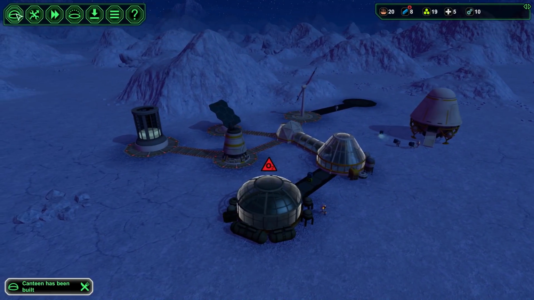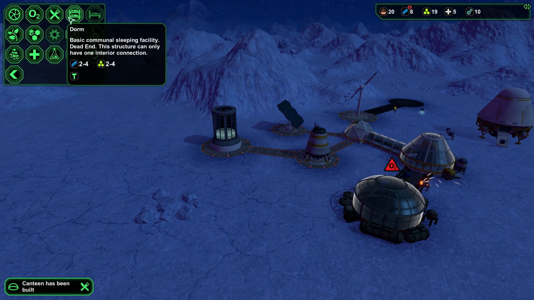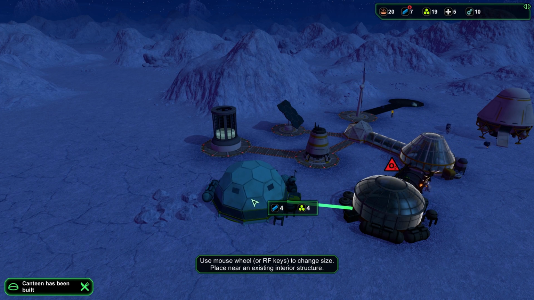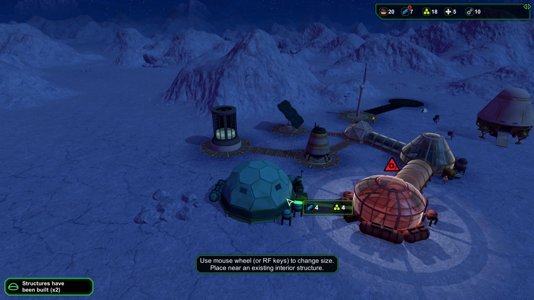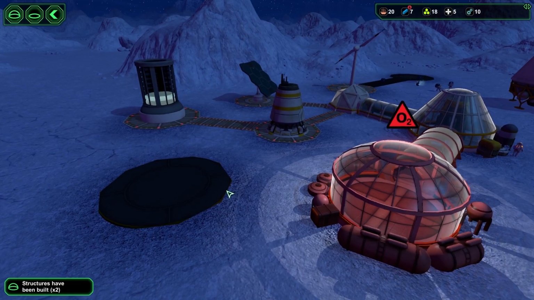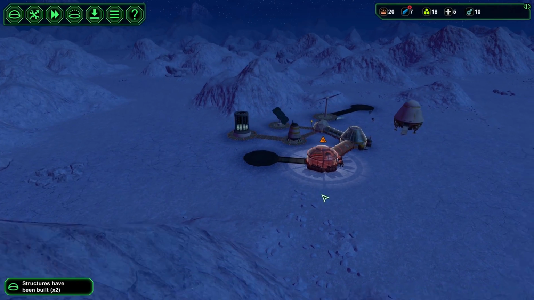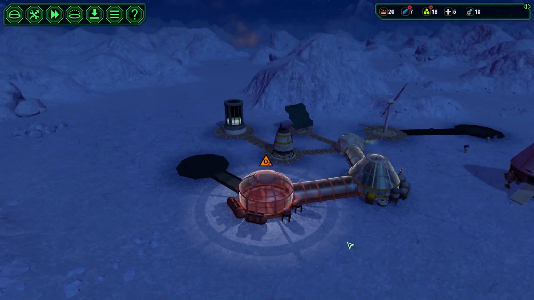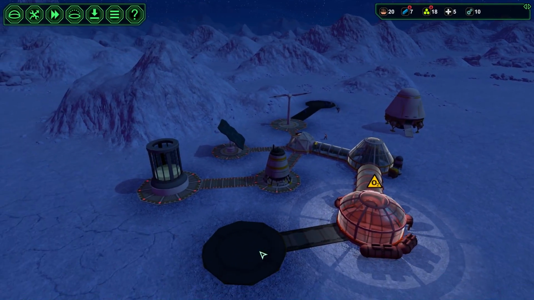But I want to build off a couple more of the facilities here. So the next one I want is going to be the dorm. And I think I will actually make this a large dorm as well. We'll have that come straight off the canteen, as it'll be a dead end and we can build up around it then. Yeah, I think that should be fine. Either that, or I could...